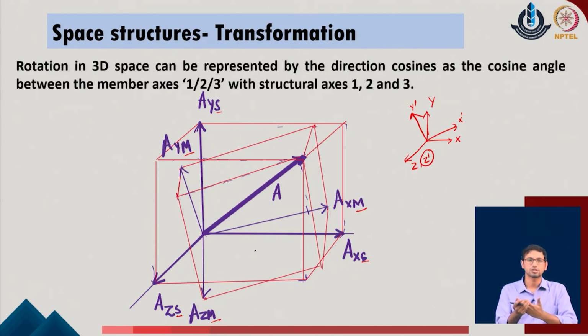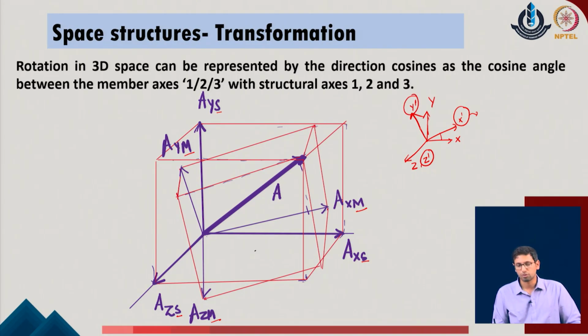But now, as a general transformation, we are trying to bring a condition where the object which was initially defined has now been completely rotated with respect to all the possibilities of the x, y and z axes of the given system. As we understand, when we look at the simple 2D system, we considered that x prime will be making some angle with the original x, some angle with the original y.